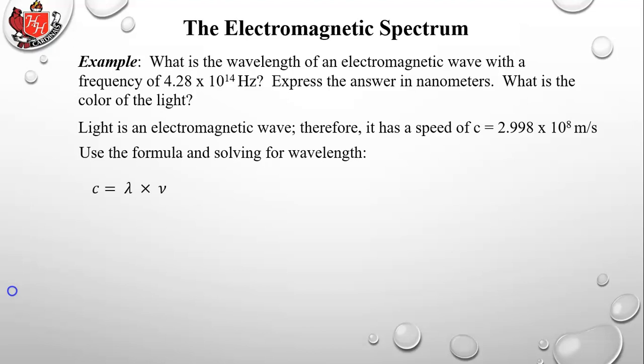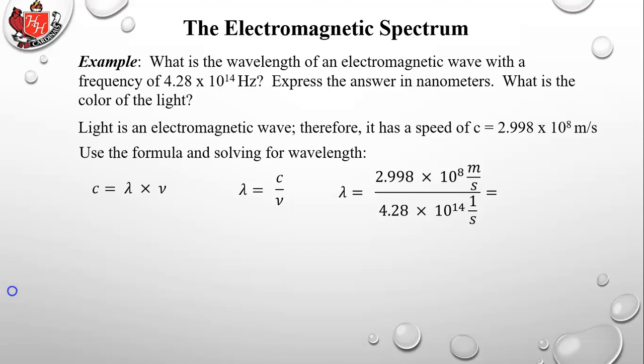Now it's asking for the wavelength, so we need to solve for lambda. We do a little algebra there. We just divide both sides by nu. It's nu, the frequency. So lambda equals c over nu. Now you can plug in the numbers. You have the speed of light on top, 3 times 10 to the 8th. You have the frequency of this particular wave, which is 4.28 times 10 to the 14th. When you divide those numbers,